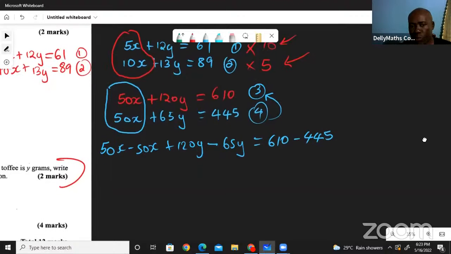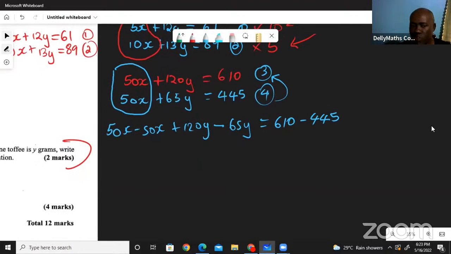Simplifying as we go along, the 50s would have gone. I'm now left with 120 minus 65, which is 55y. And then 610 minus 445, I'm left with